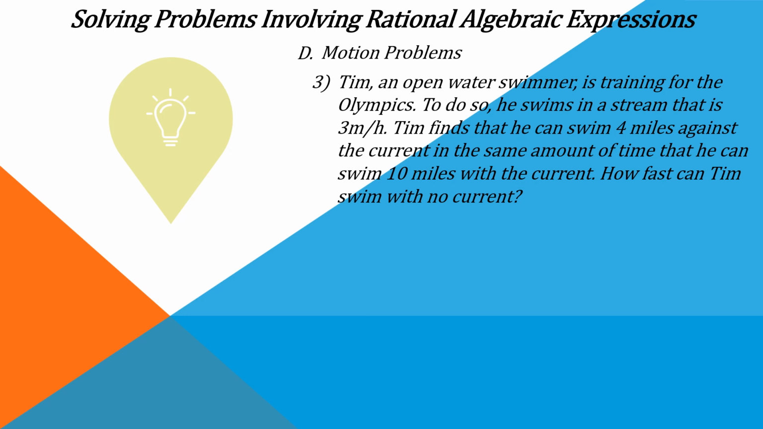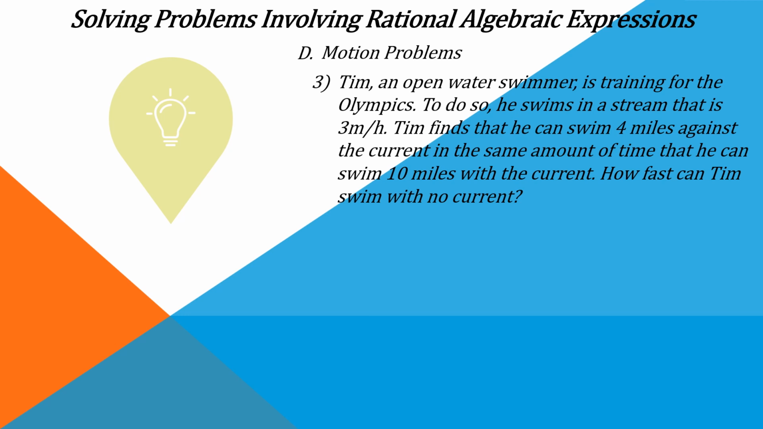Tim, an open water swimmer, is training for the Olympics. To do so, he swims in a stream that is 3 meters per hour. Tim finds that he can swim 4 miles against the current in the same amount of time that he can swim 10 miles with the current. How fast can Tim swim with no current? In this example,